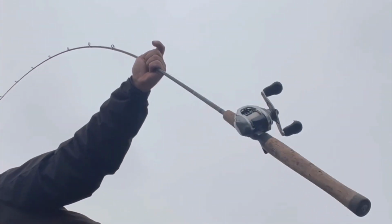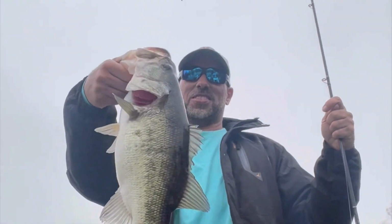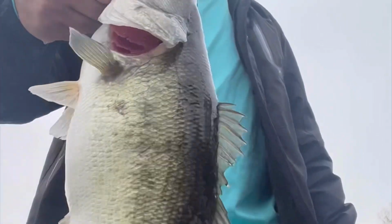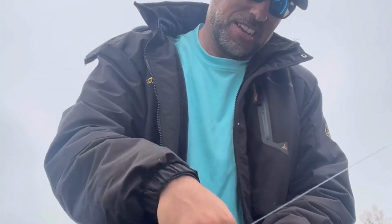That's like a 4-pounder. I don't know if this is the same fish I just saw, but look at this one. This is like, all right, we'll weigh it and see. I didn't even see him eat it. I just felt like I just saw it move, and I was like, let me just set the hook and